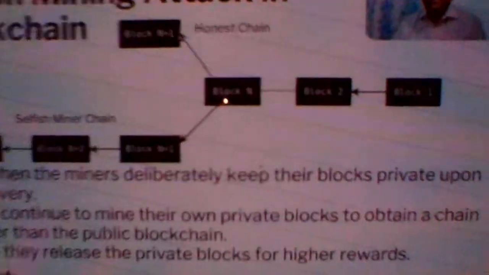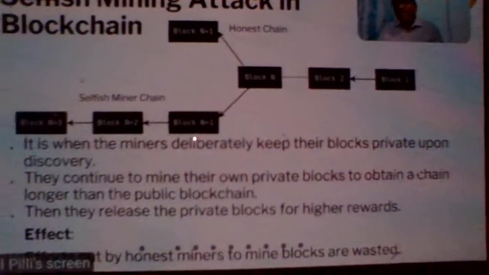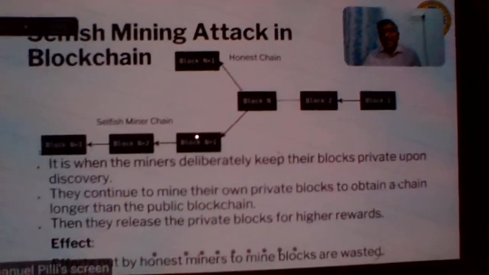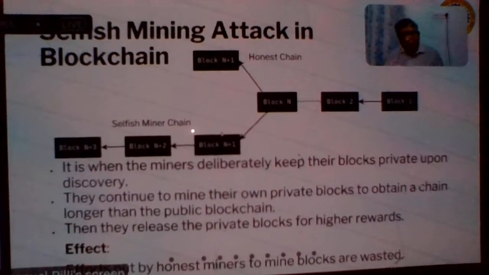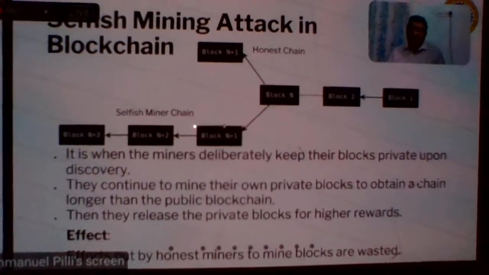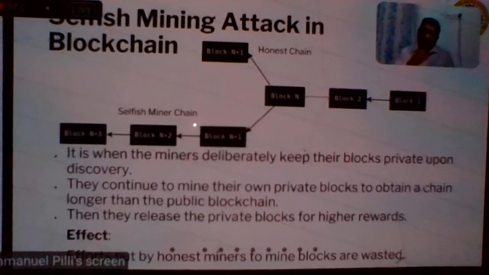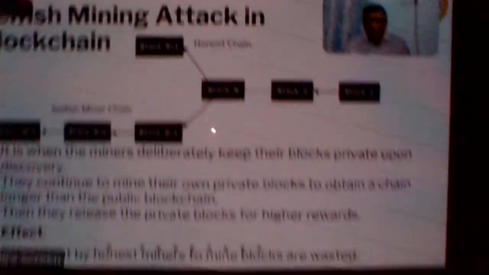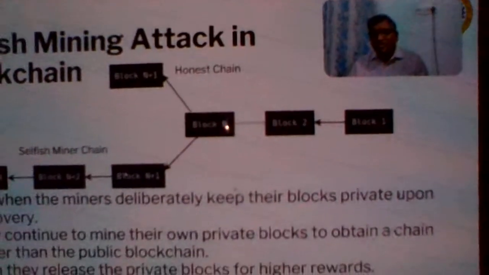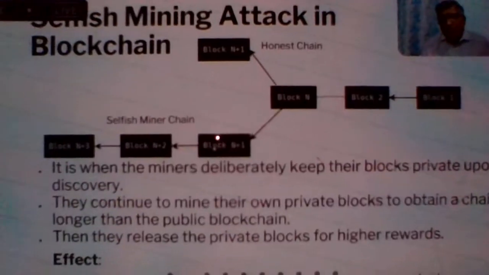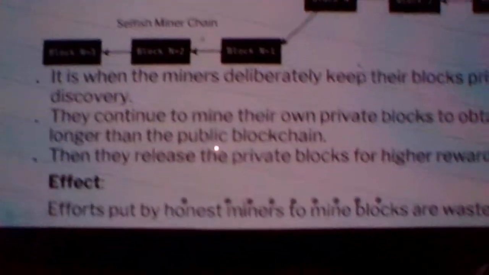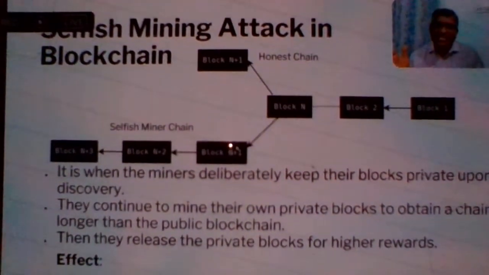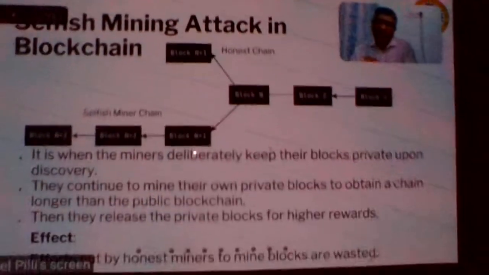Suddenly, multiple blocks are added. By this time, n plus 1 is added, n plus 2 is getting added, and this fellow has n plus 3 also. And after that, he announces all the 3 blocks at the same time. You would have seen some blocks, right, which are created in 1 minute duration? What are they? They are actually these blocks. This block was created, then this block was created, this block was not announced. But later, 3 blocks were suddenly announced. In the duration of 3 minutes, 3 blocks are added one by one in the same blockchain.